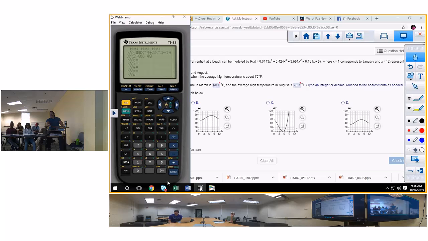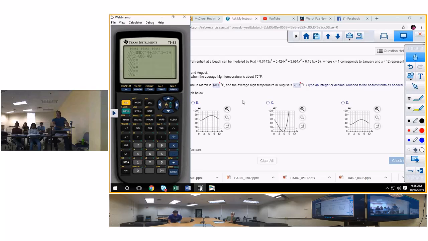I didn't hear you. It's going to have a saddle. Yeah, it's going to have a saddle. So 0.0143, this thing is like a pain in the butt. 0.0143 x to the fourth power plus minus 3.551 x squared